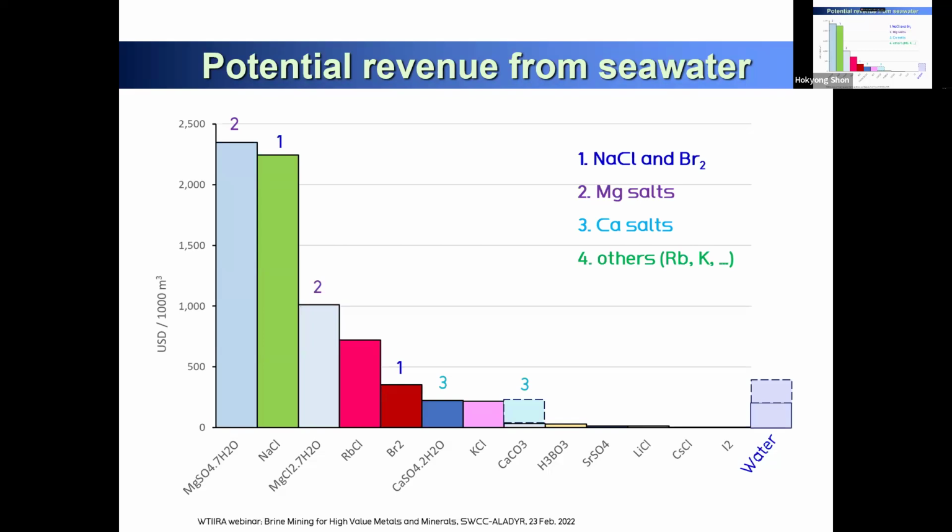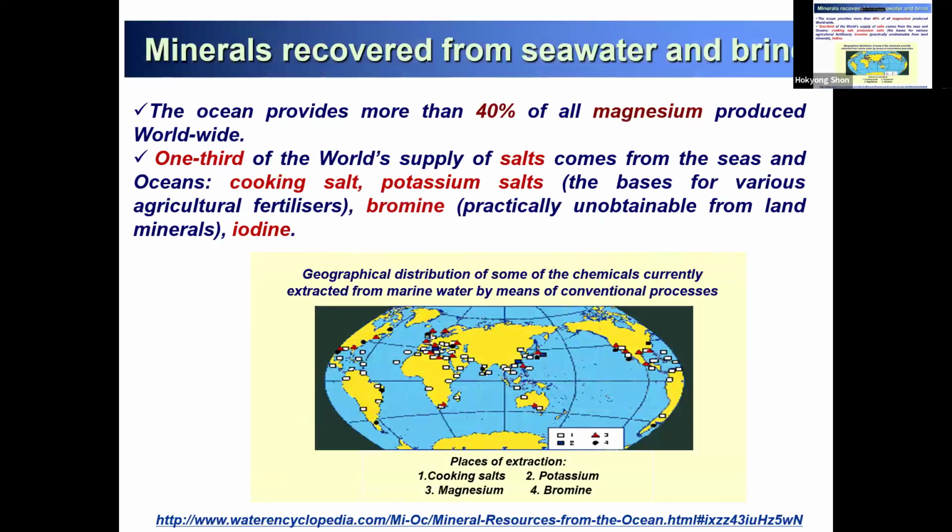So that's the reason why some technology is to produce magnesium metal, some technology produces magnesium sulfate, and that is the way to produce. Depending on what material, what molecule you need, you can design and then produce from the seawater brine, and we can have value out of it.